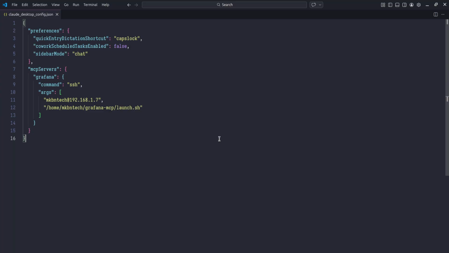Let's understand what this configuration does. mcpServers defines the MCP server that Claude Desktop should connect to. Grafana is the name assigned to this MCP server; it can be anything meaningful. The command ssh instructs Claude Desktop to use SSH to start the server. The args section specifies the arguments passed to the SSH command. First, the destination, that is user at host, followed by the command to execute on the remote server, that is